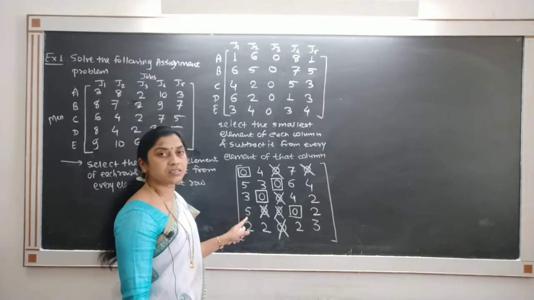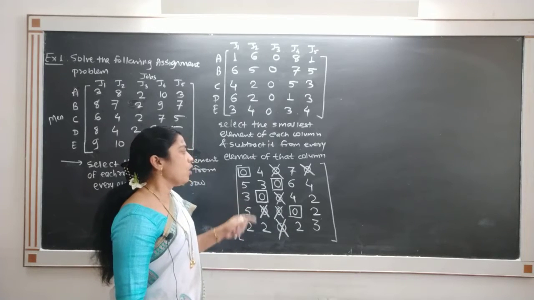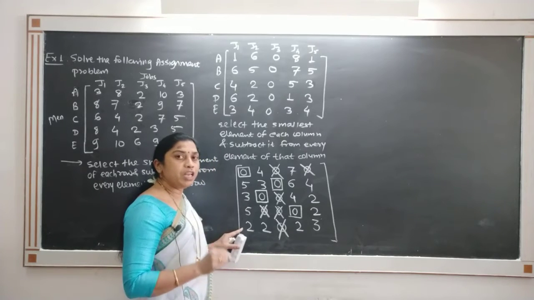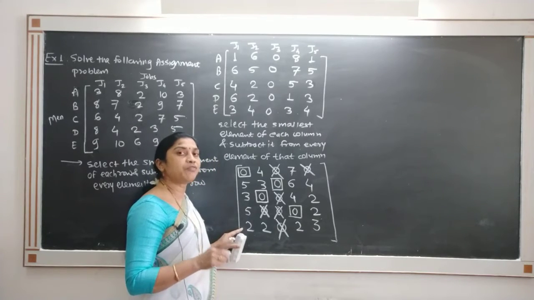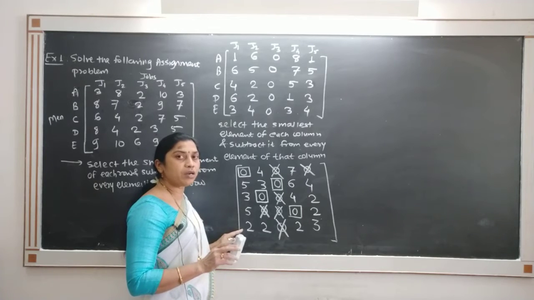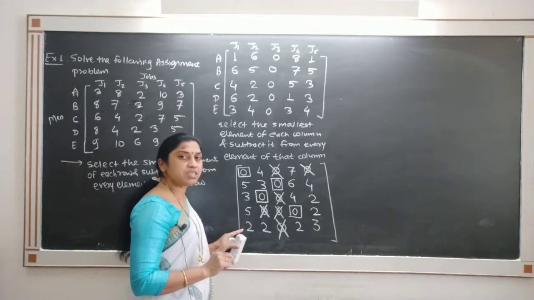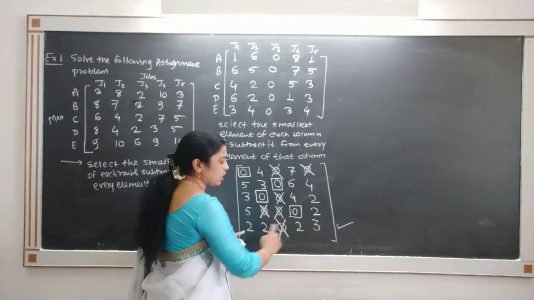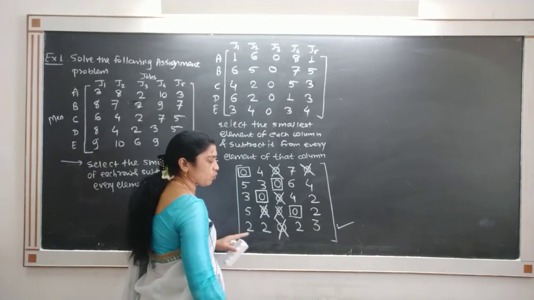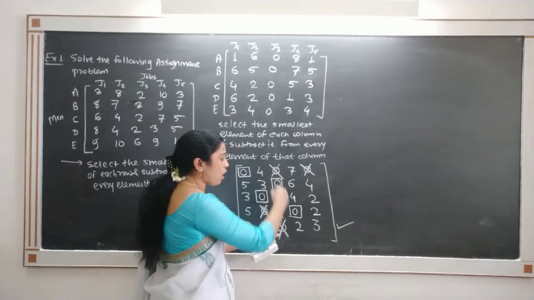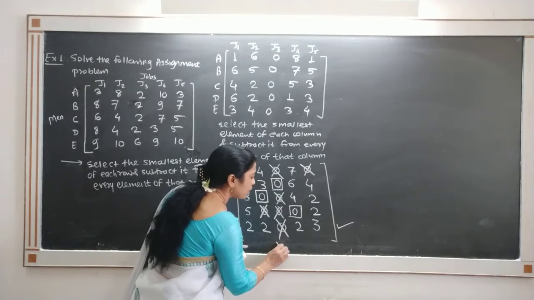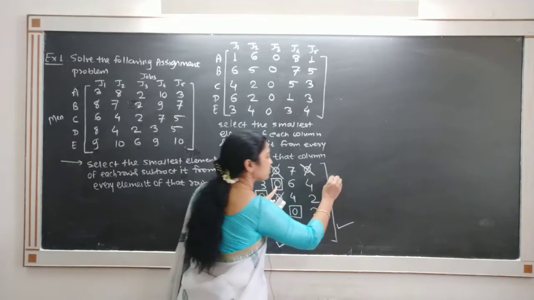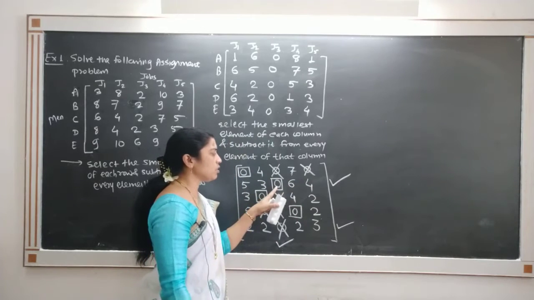The order of the matrix is 5 by 5, and therefore we have to apply the next method, that is, draw the minimum number of horizontal and vertical lines that will cover all 0. For that, what is our procedure? Mark the row where assignment is not done. Assignment is not done in this row, so mark that row. In that marked row, see the column where 0 appears. So the column where 0 appears, and in that marked column where the assigned 0 appears.